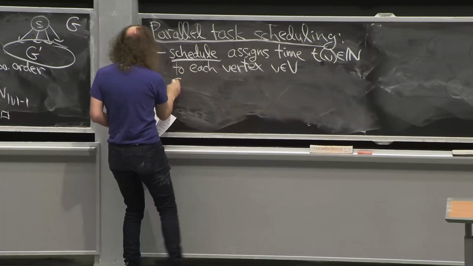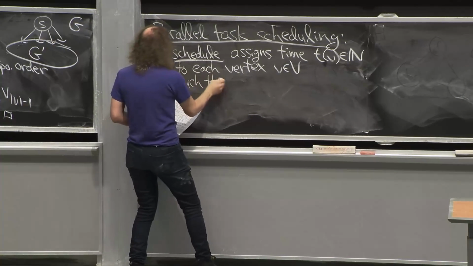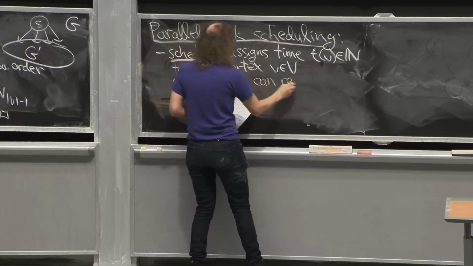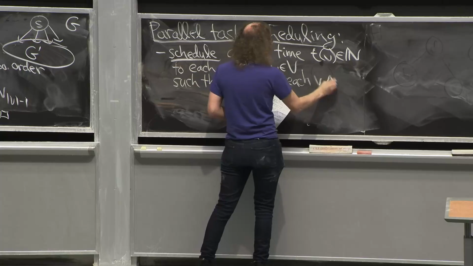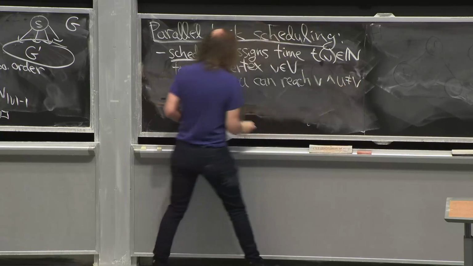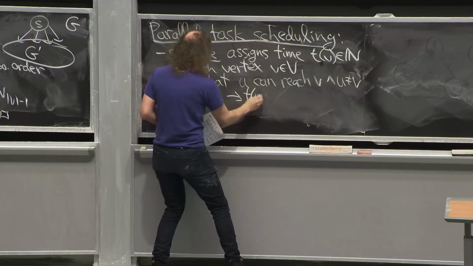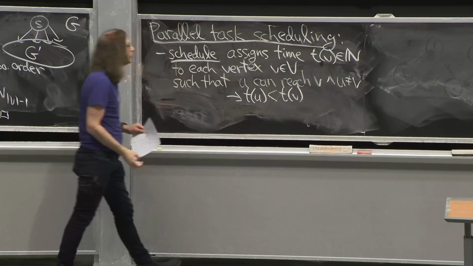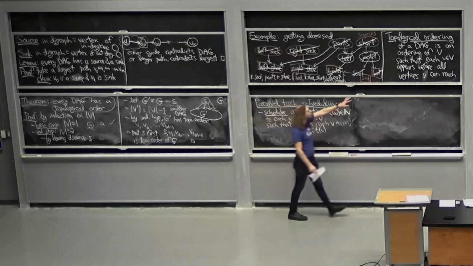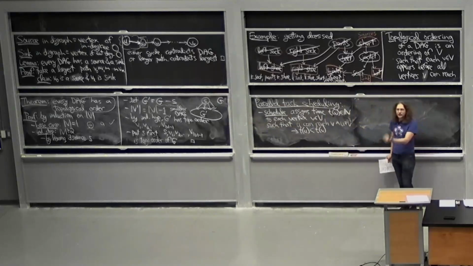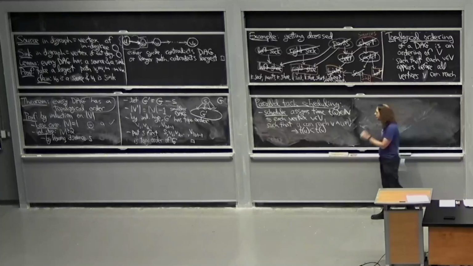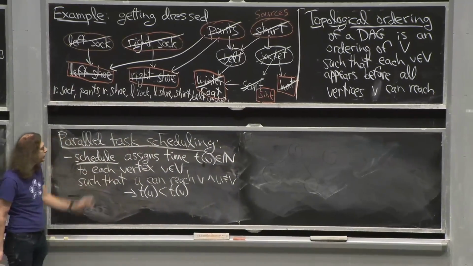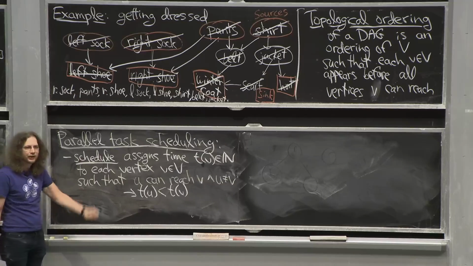And it needs to satisfy the property that if u can reach v and u does not equal v, then the time that we schedule u has to be strictly less than the time we schedule v. This is the analog of topological ordering, except now I can assign the same time to multiple tasks. So maybe I do a bunch of tasks at time 0, as long as none of them has to happen before another. Then I could do a bunch of tasks at time 1, a bunch of tasks at time 2,